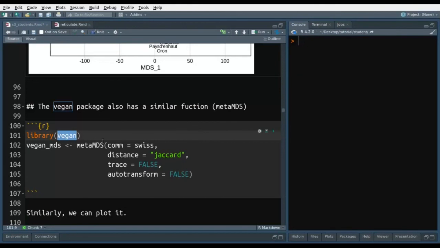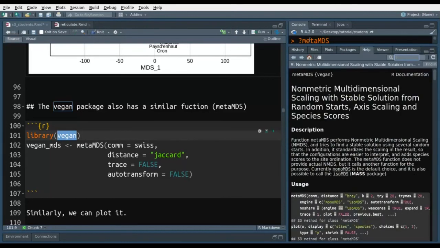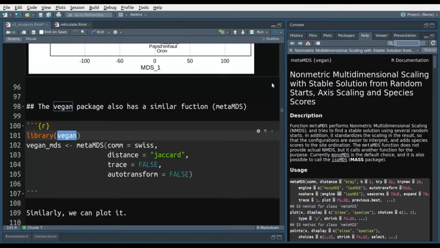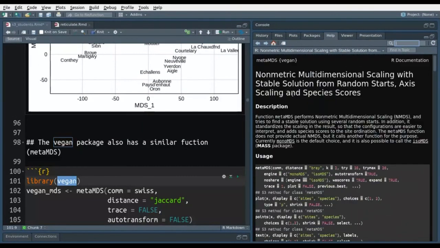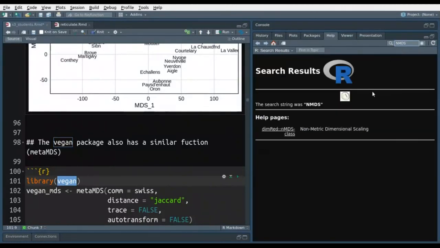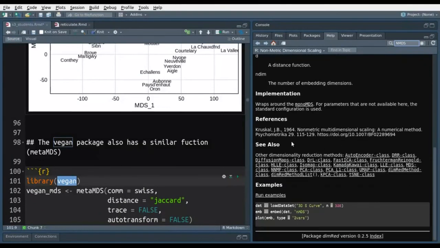Okay, so going back to the vegan package. This package, vegan, was made for ecologists, and I see them using it all the time. There are a lot of methods for community analysis in this package. Some of those methods have been optimized for the specific case, and some you cannot really find in other packages, especially this metaMDS